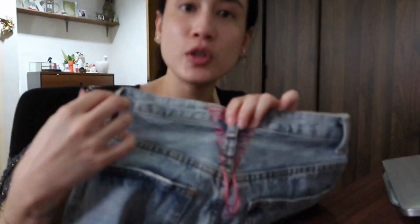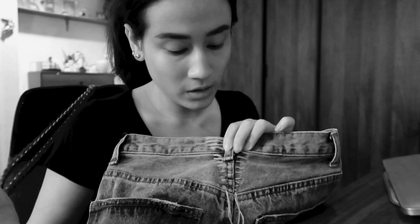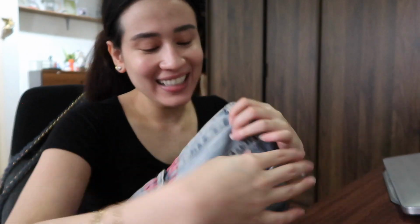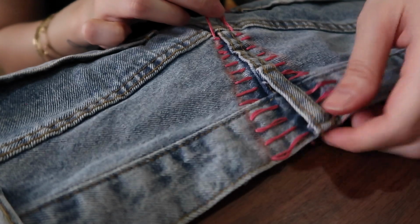I have managed to sew both sides, and now I am going to have to pull on these two, and... They ask you how you are, you just have to say that you're fine. Oh no, was I supposed to... I think these were supposed to go inside. It's okay, it's fine. I'll figure it out. I will figure it out. I'm supposed to pull on these and it's gonna...